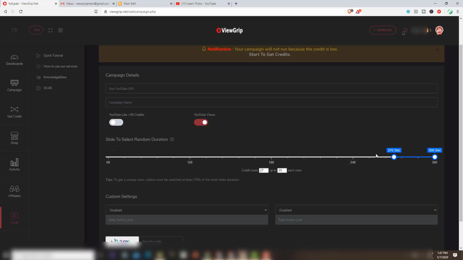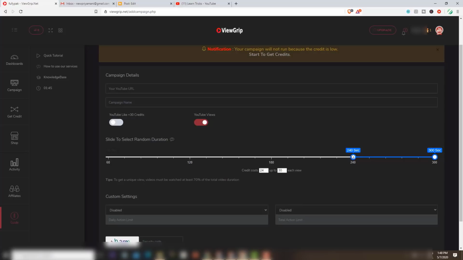That means not all the users will stop at 270 seconds or 300 seconds. They will randomly set for each individual viewer some random seconds between these two. So if you set from 240 to this one, then some may stop at 240, some at 250, some at 260. I do not know exactly how they randomly stop it, but based on that they will deduct the points, something like 24 to 30 points from your account. So this is the very important thing.